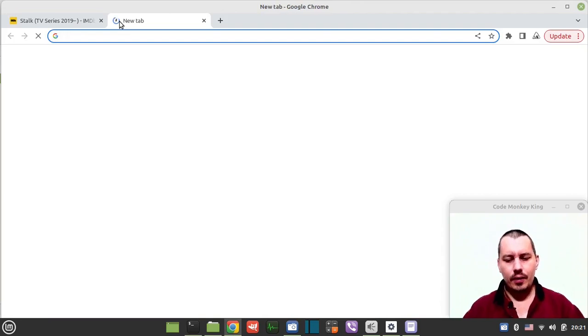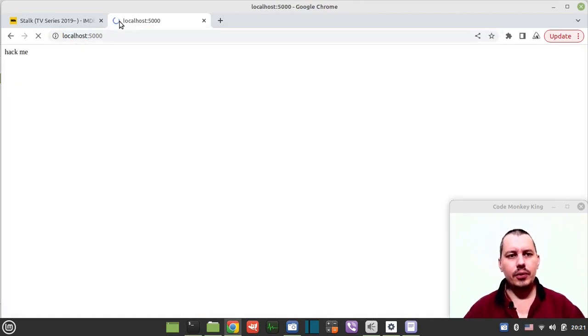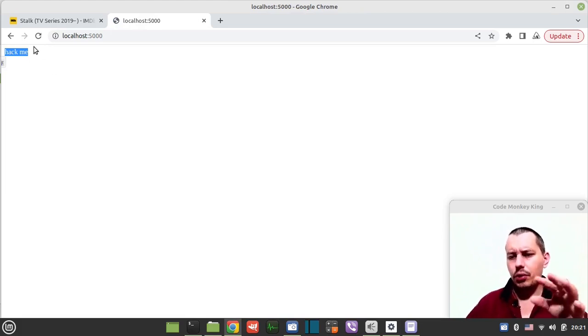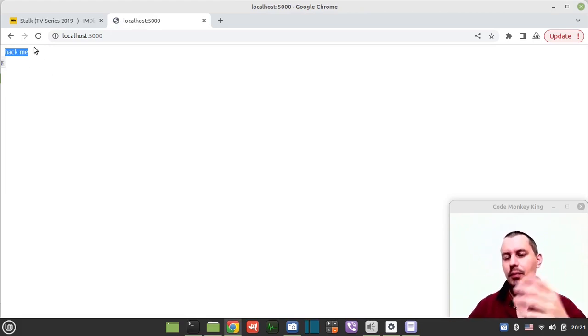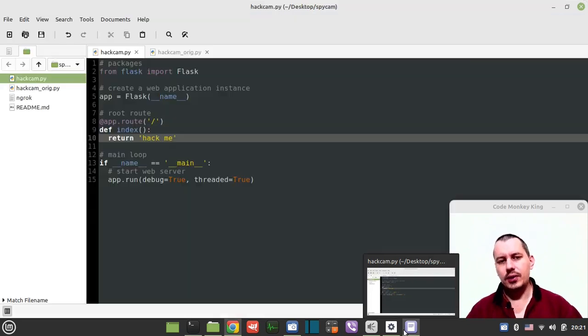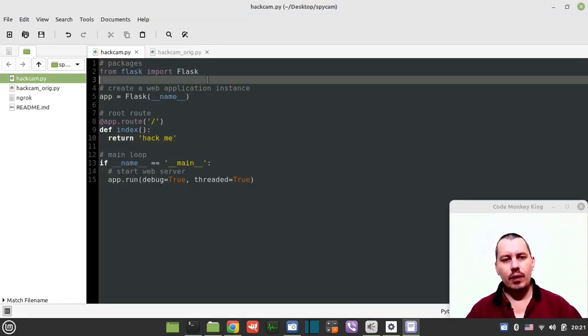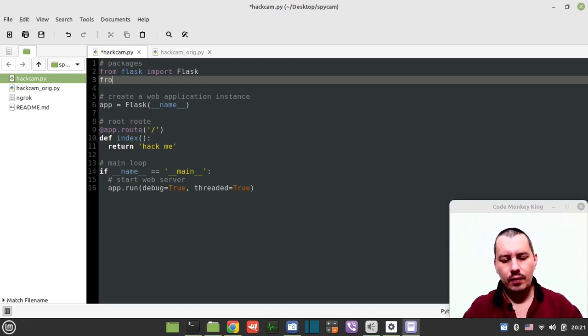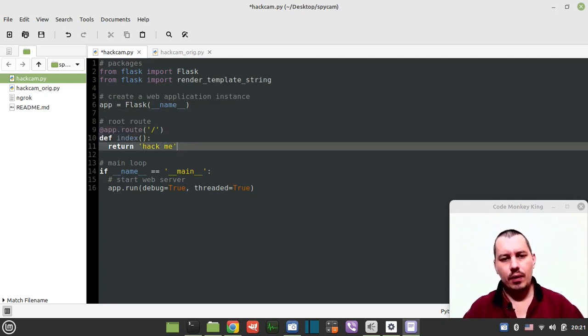So here we just go to localhost 5000 and we have our server being alive. We're not supposed to be using ngrok to make it accessible from worldwide until we get done. So for now we just need to make sure that we can locally access this. Okay, so now I just want to say from Flask import render_template_string, so that using this method here